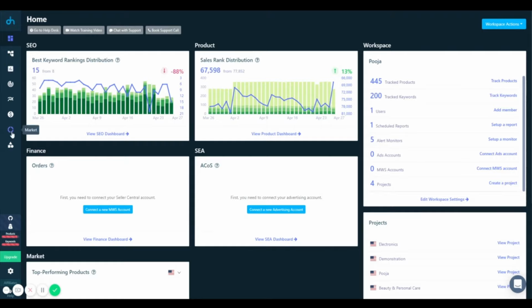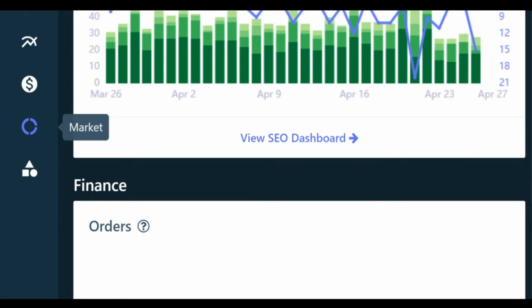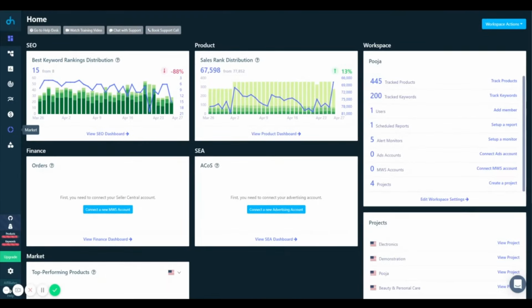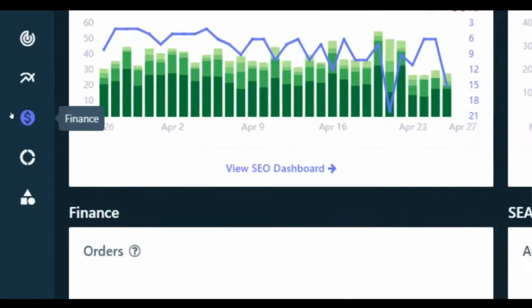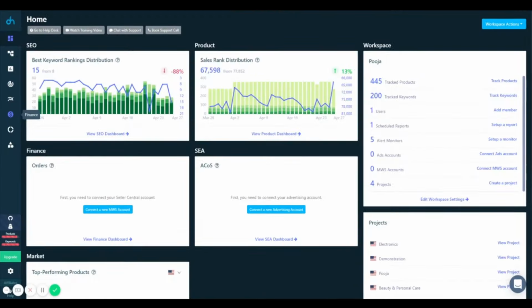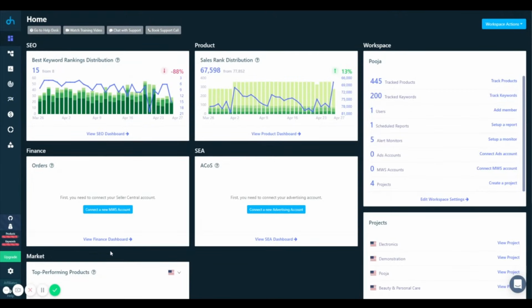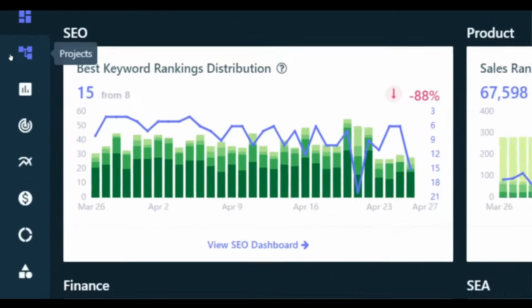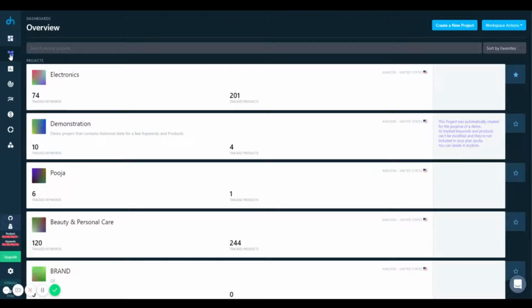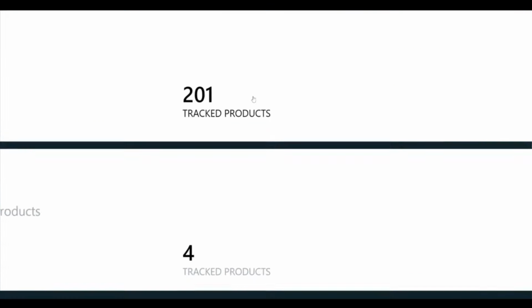it. Market research and intelligence to help you research and analyze markets and competitors and assess your performance in the competitive landscape. Financial analytics to help you get advanced and intuitive reporting on your sales and overall financial performance. Advertising analytics to help you get an advanced and intuitive reporting on your advertising expenditures and optimize your return on ad spend. To get started using DataHawk, you need to create a project and add relevant items to it, namely